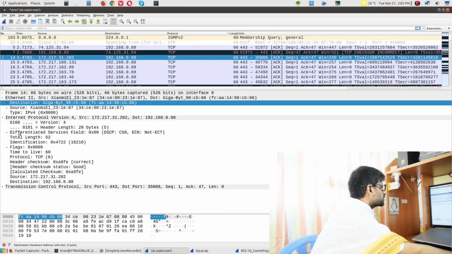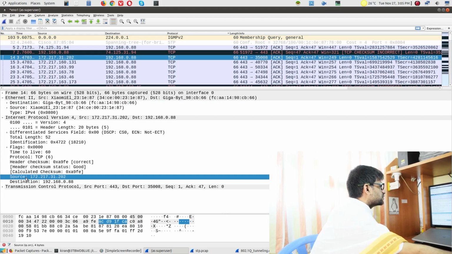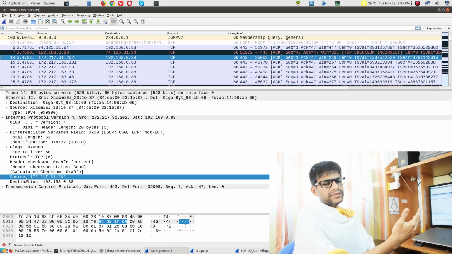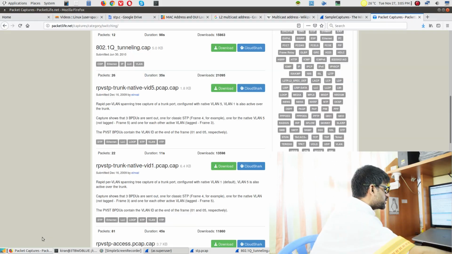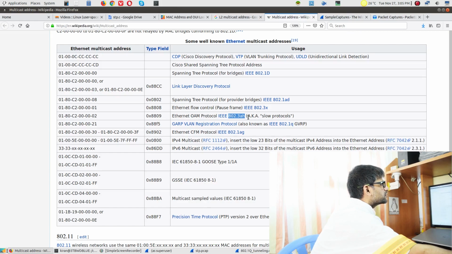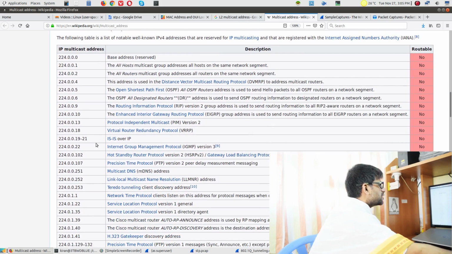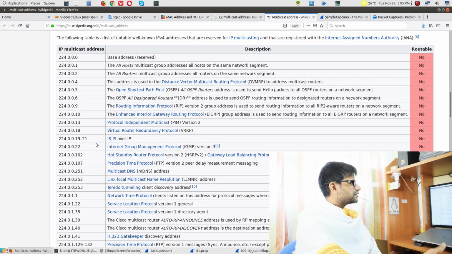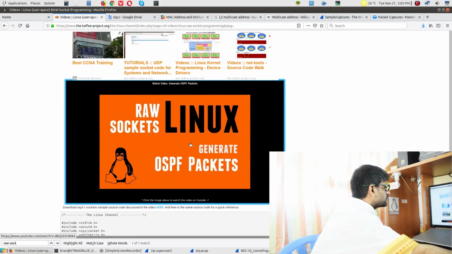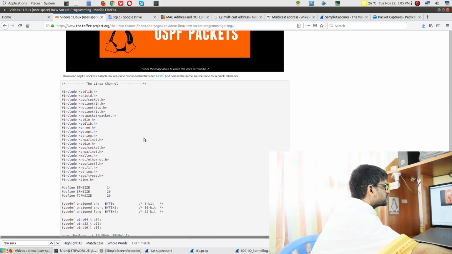These are specific IPv4 to IPv4, so these are unicast packets. And when you have some type of streaming or something like that, sometimes you may get L3 multicast packets, like they have mentioned over here in Wikipedia. If you go a little bit up, you can see the list of IP multicast addresses. Some are meant for something. You can see, yeah, OSPF is an IPv4 multicast address. I believe my raw socket code has that multicast address. See, this is the OSPF,